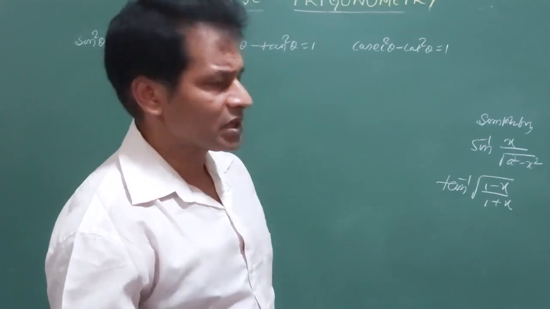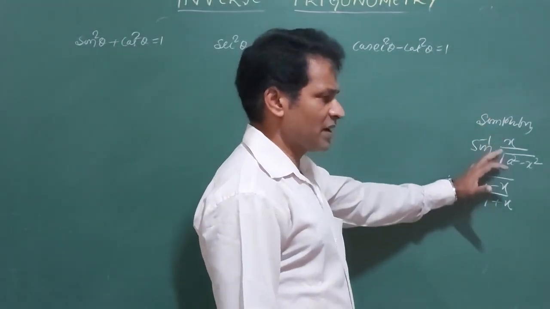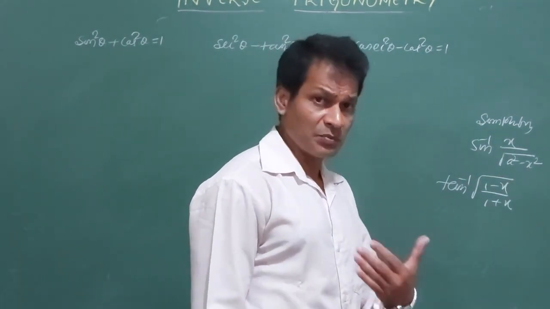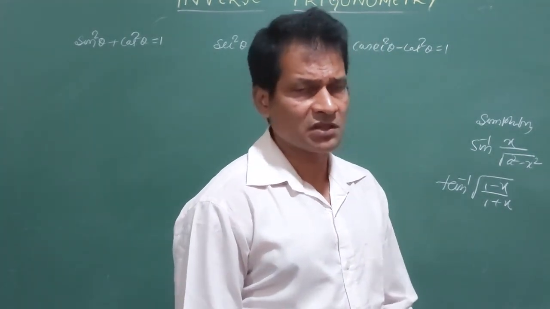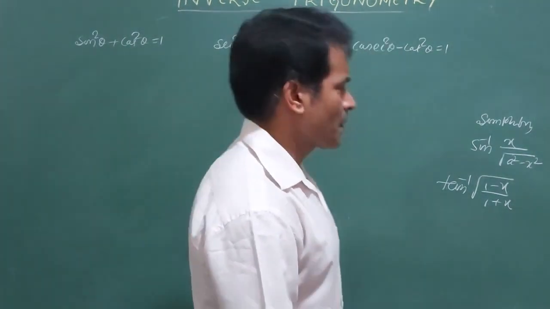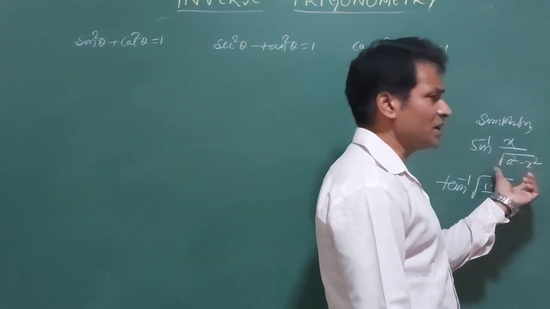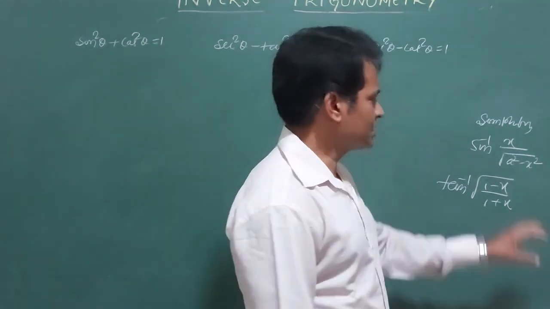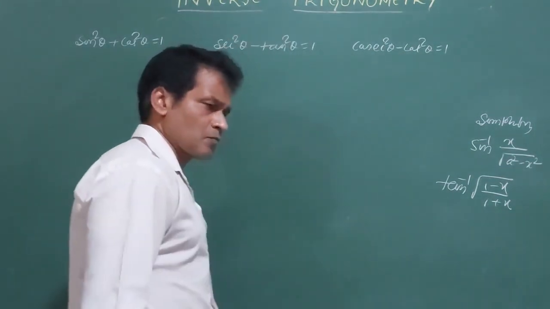So am I going to solve them directly? No. I have to assume something, simplify it, make it small, then I will go for the derivative or the integration. So that simplification part is common to both derivative and integration. You must know it, otherwise we cannot solve that question. So what is that simplification? It gives me the idea of what to assume here, what value of x I must take so that this can be simplified. That's what I am going to teach you now.